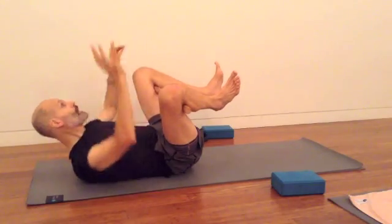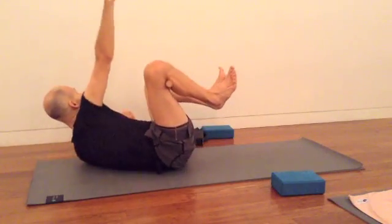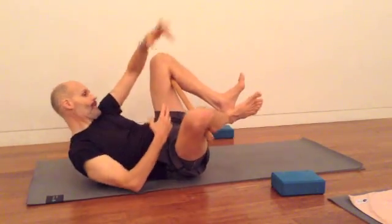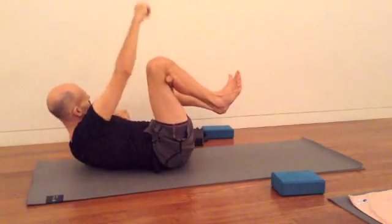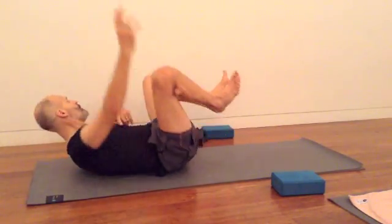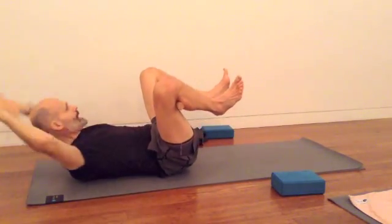Now that right arm reaches on up like you're trying to grab something. Left arm lifts on up, good. Right arm floats on up. Left arm lifts on up. Right arm lifts on up. Left arm lifts on up. Right arm lifts up, chin's in. Left arm, last 2. Right arm, last one. Left arm. For the best fun we can have with the dowel, you take the hands behind that,